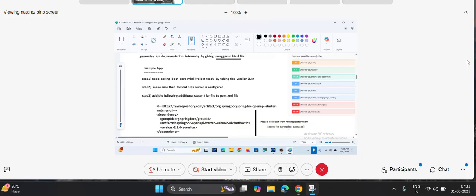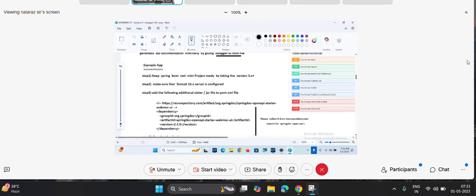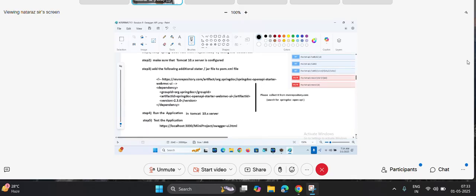Search for Spring Doc OpenAPI. It is not there as a starter, guys. That means it's not coming through that. We have to add it manually like this. And you won't believe this one jar file addition will make things easy. Okay. Right. Let's go to